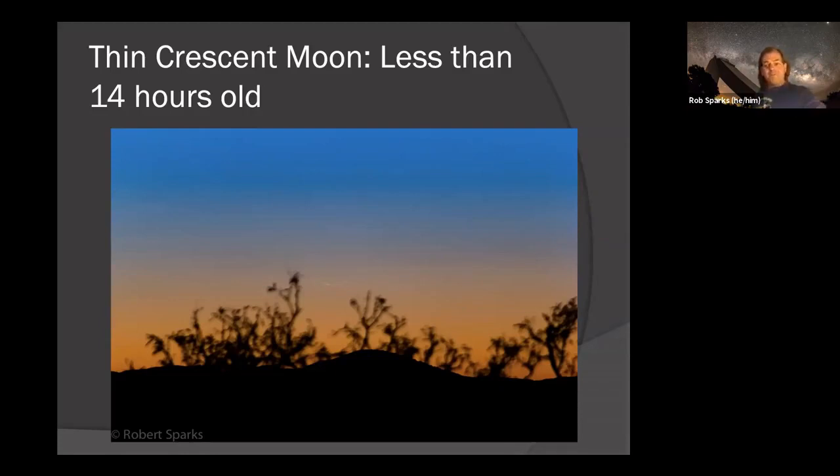So this is a very fun one. That's my record for new moon sighting. And if you, of course, read Sky and Telescope, I believe Stephen O'Meara holds the record for naked eye sighting at, I think it's 15 hours and 2 minutes.